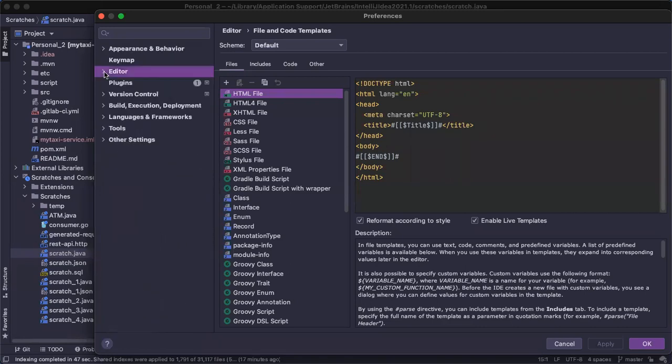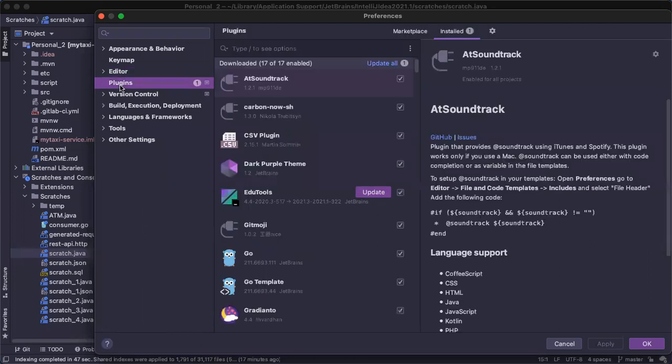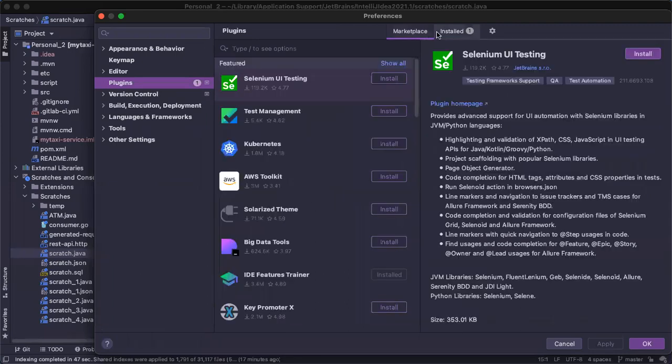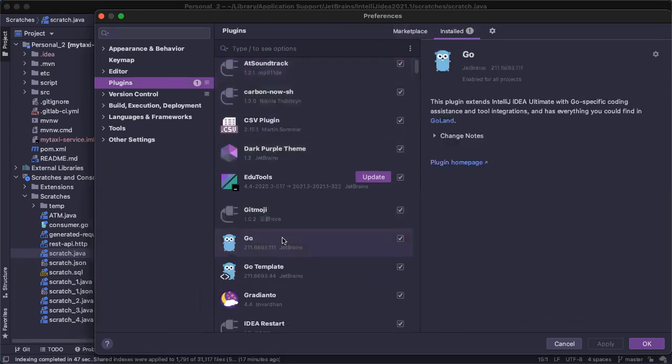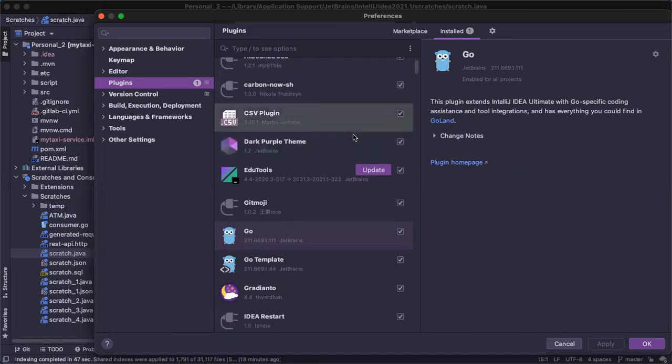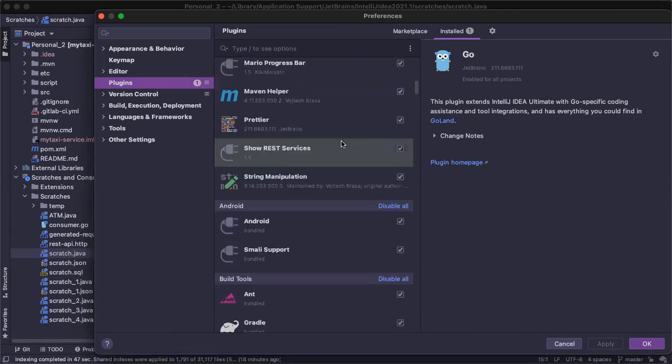Here we have, similar to Eclipse, a marketplace as well as the JetBrains one. Here you can see this is developed by JetBrains itself, so you won't face any problem using this kind of plugin.